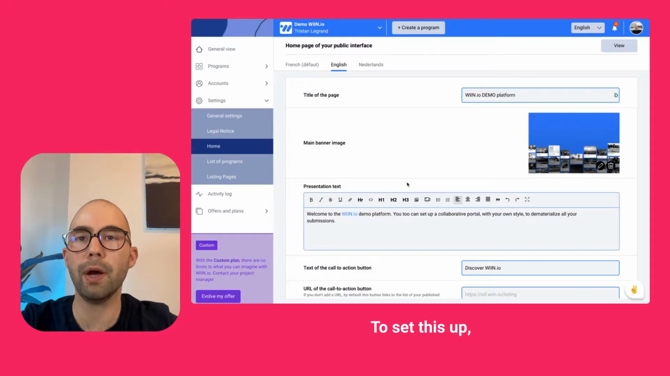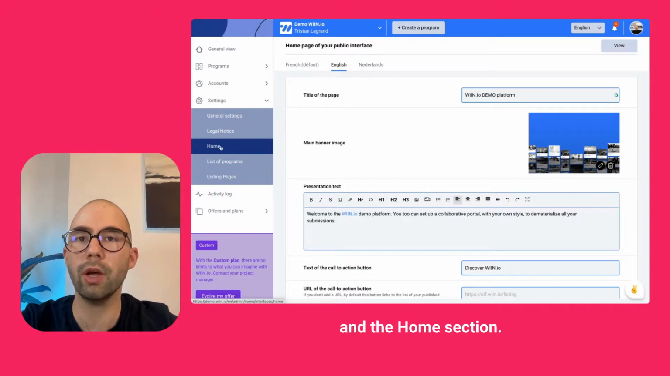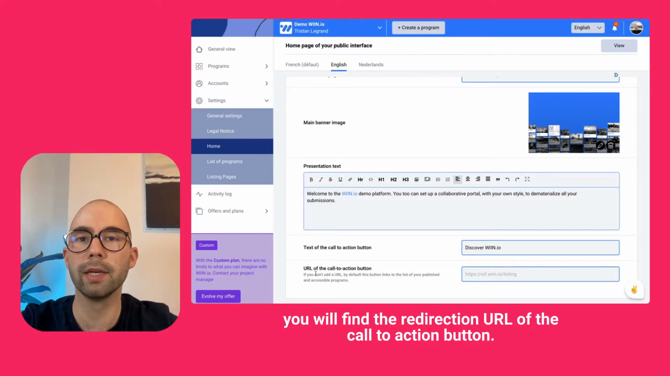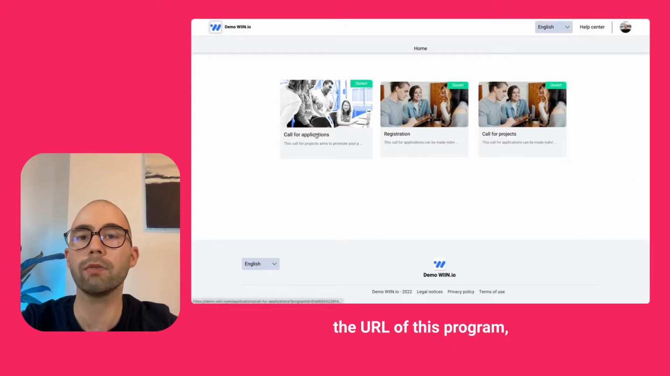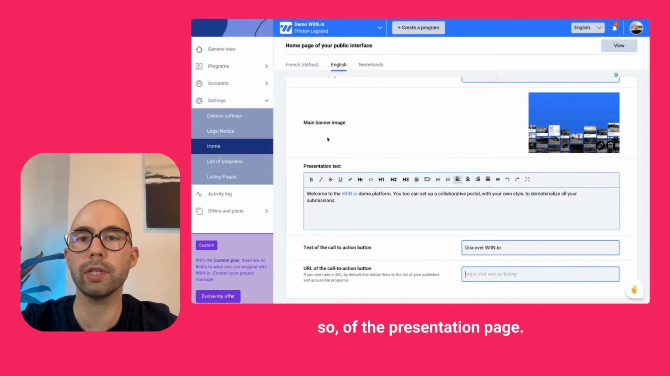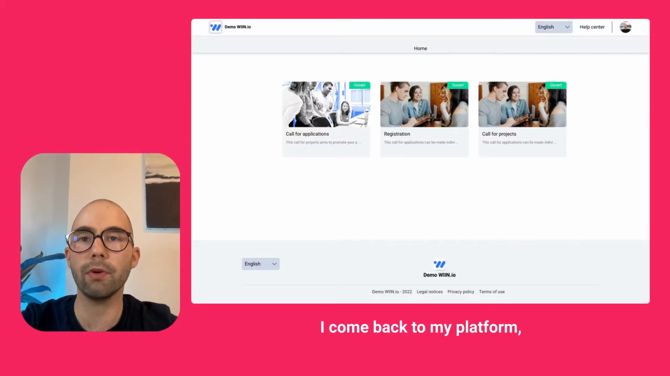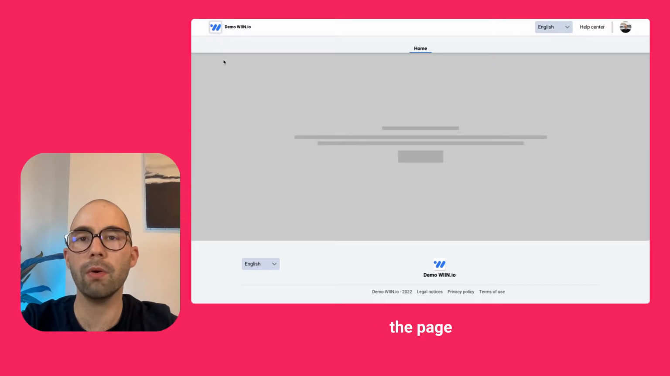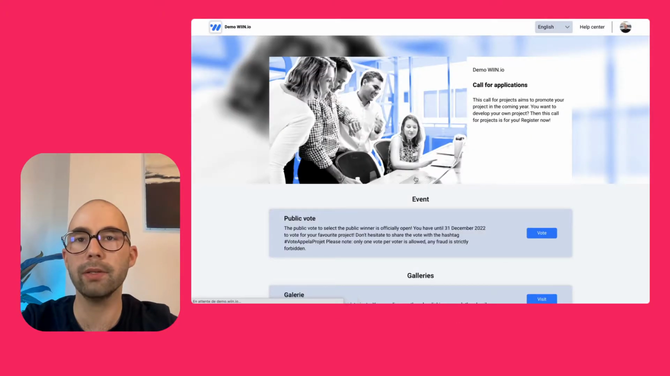To set this up, it's quite simple. We will go to the General section and Home section. At the bottom of the page, we will find the redirection URL of the Call to Action button. Here, we are going to paste directly the URL of the program's presentation page. I leave the field, I come back to my platform, I refresh the page, and now when I click on the button, I am redirected directly to the program